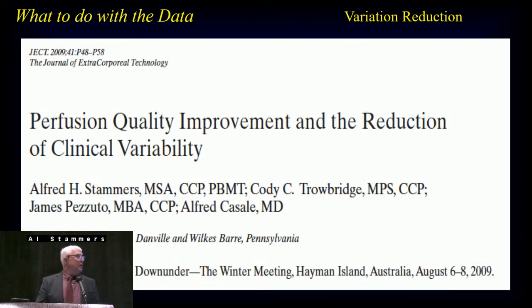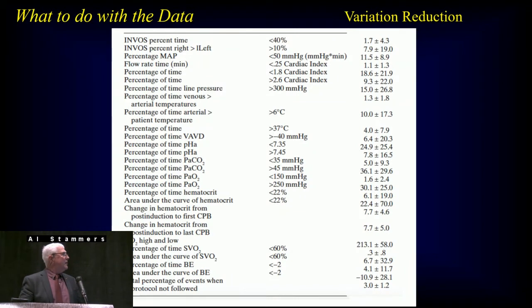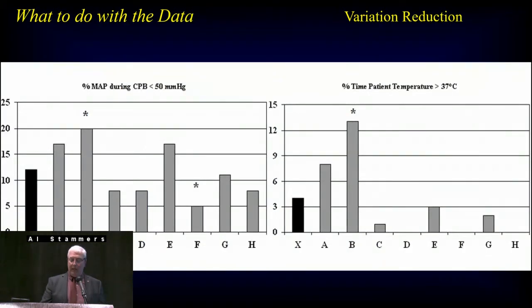We did something similar. We took data, Jim Pizzuto and myself, we measured 236 parameters, 40 of those were modifiable by perfusionists, and then 27 of them we analyzed very carefully. These are just the parameters, the ranges we set using best available evidence, and this is just an aggregate report that we had, but more importantly, when we started comparing 8 perfusionists that were working with us, we saw this